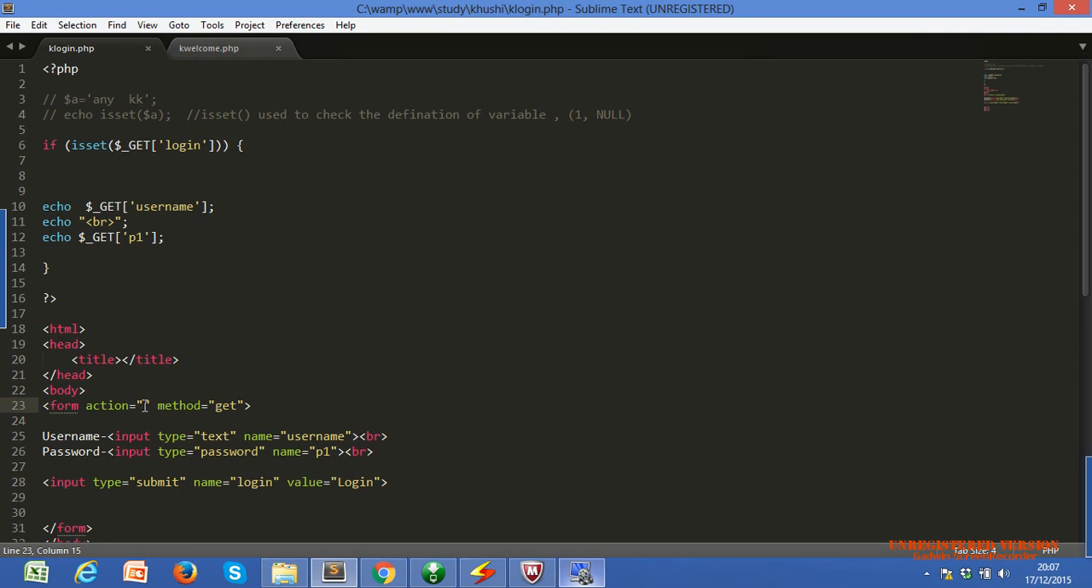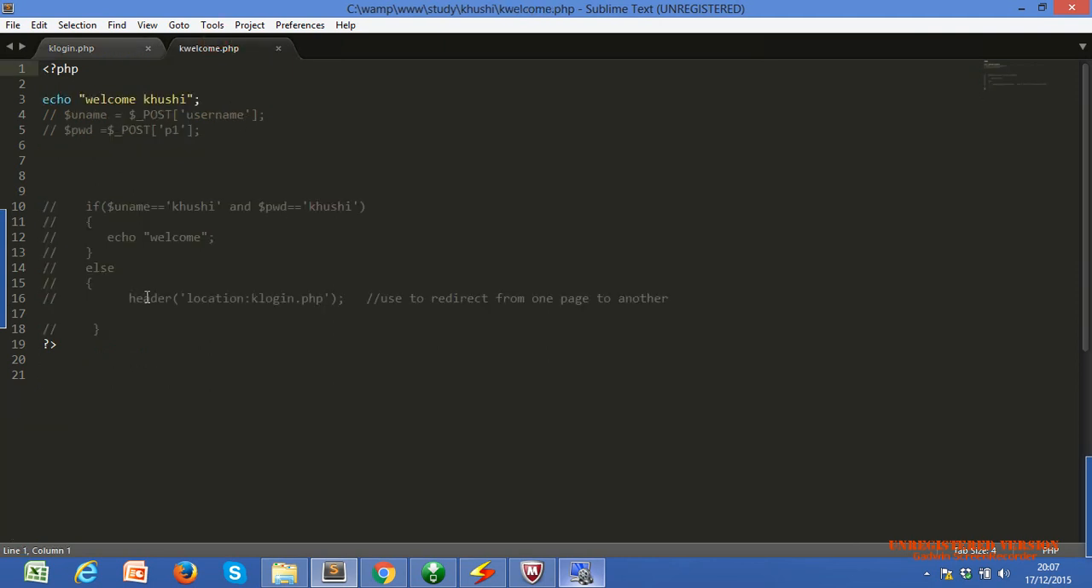We have one function, header location, to redirect from one file to another file in PHP. A PHP predefined function we already discussed. Header location or not? Yeah, we discussed the whole thing. Within the header, location always comes, after location a colon symbol, then klogin.php. Okay,